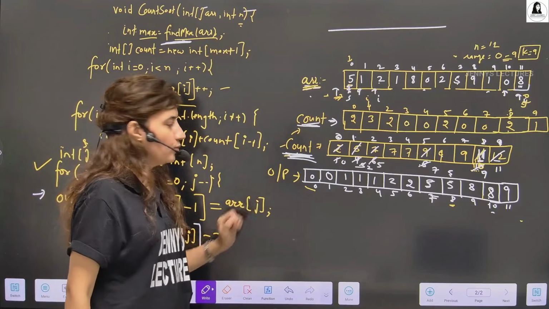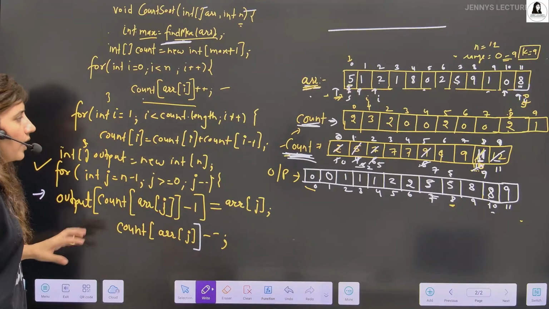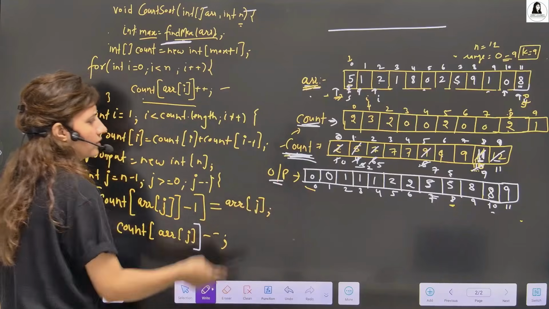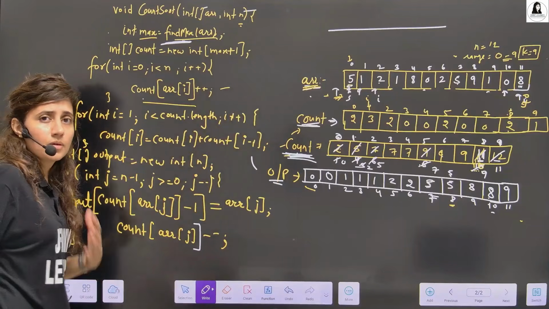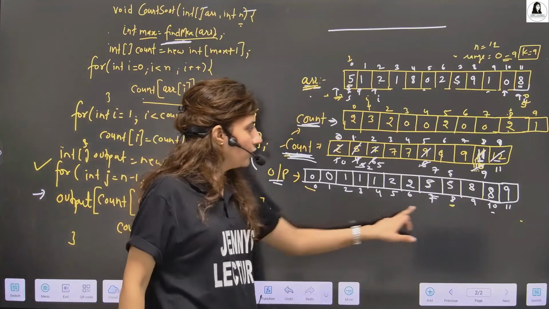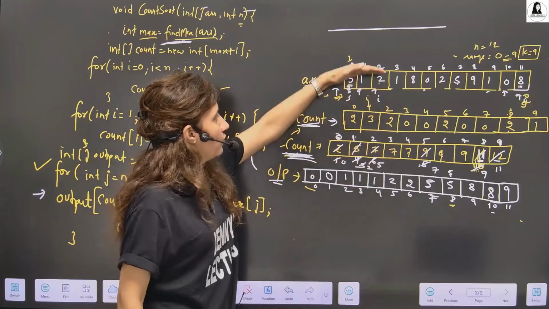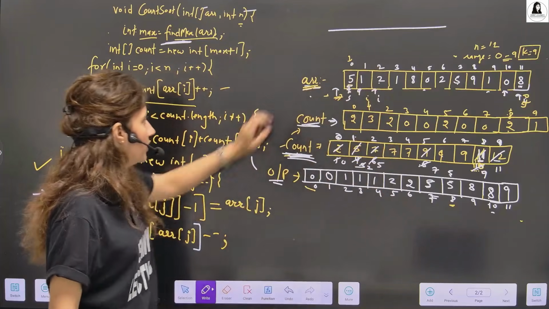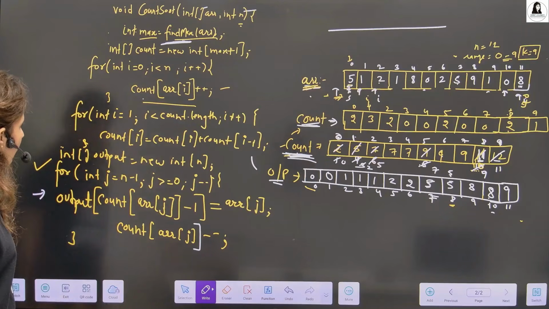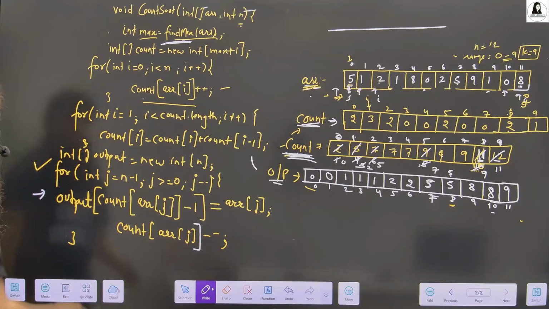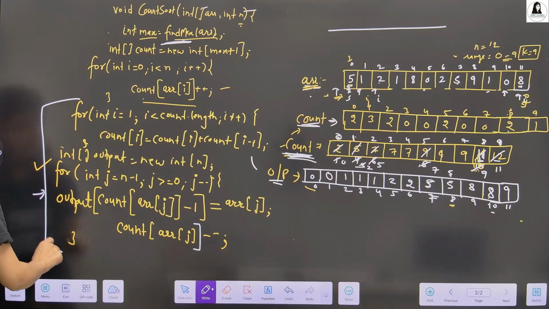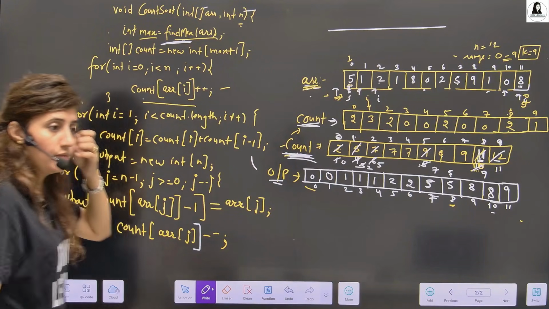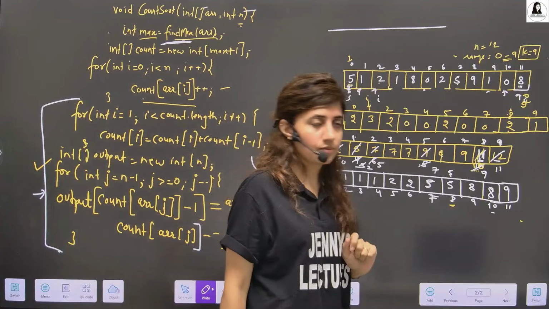Finally, after this, you get this output array. You can write this yourself. After getting this output array, now you copy this from here to here. Again, you can traverse this from here to here, and one by one you can copy from this to this and just print this array. That's it. This you need to change in this approach to make it stable. Now you pause the video and try this out yourself.